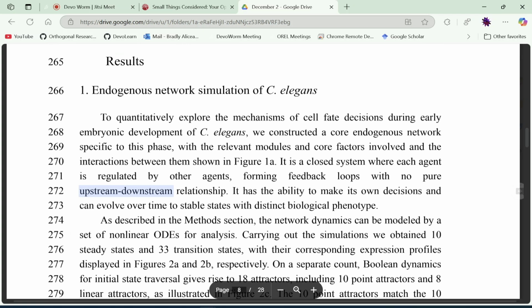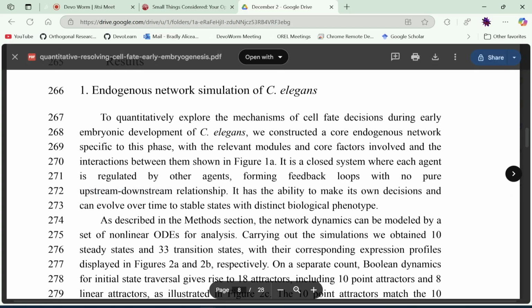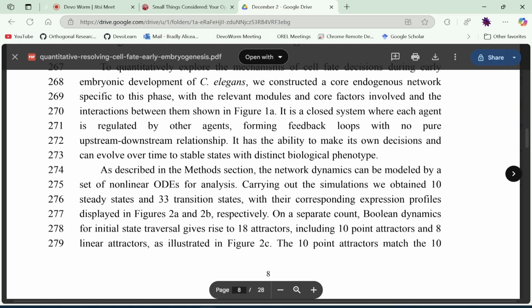And then, of course, they're at the results where they have this endogenous network simulation. So this is where they build this core endogenous network with relevant modules and core factors involved and the interactions between them. It's a closed loop system where each agent is regulated by other agents, forming feedback loops with no pure upstream-downstream relationship. That's what we saw in figure 1A, which is this network with these kind of relationships that don't really form any sort of linear or sometimes even coherent set of relationships, but they produce this dynamical